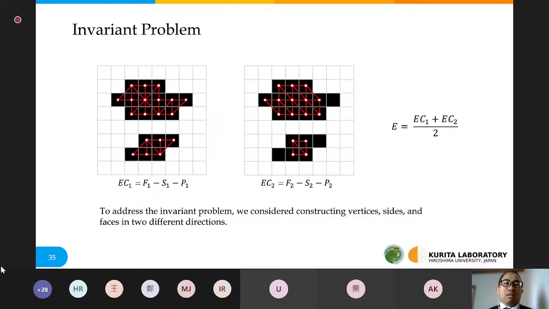Then Euler characteristic is calculated for each direction. EC1 is for the first direction, and EC2 is for the second direction. And by calculating the average of the two Euler characteristics with different directions, the invariant problem can be solved.